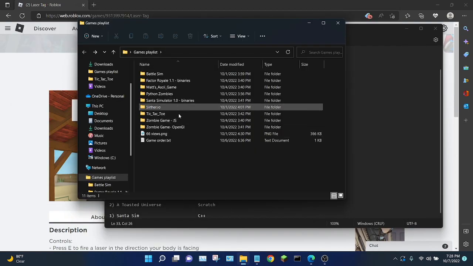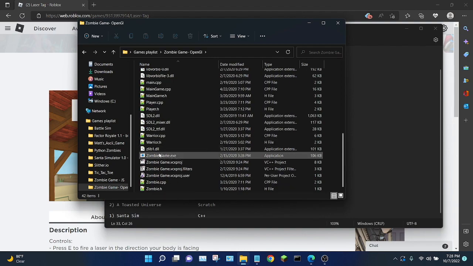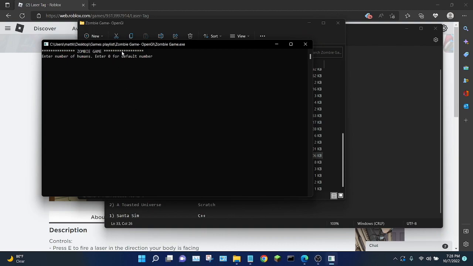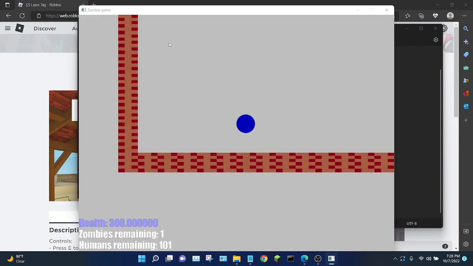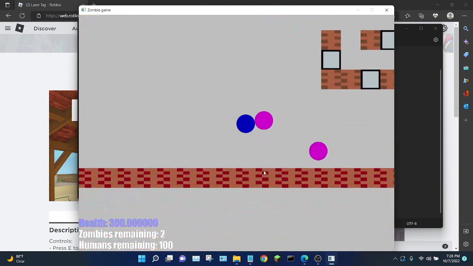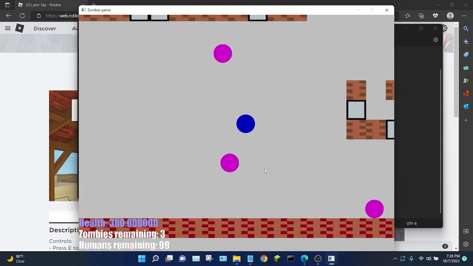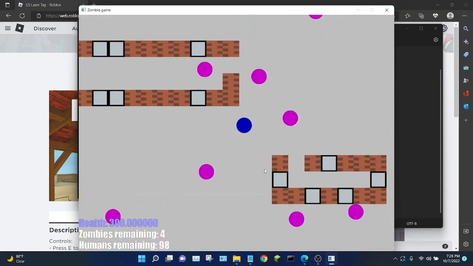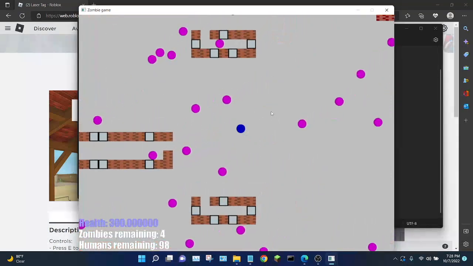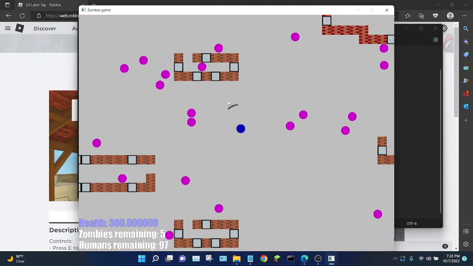By far the best C++ project I've made was the C++ zombie game, and the best of all the zombie games. This was coded with OpenGL graphics, though even though it's pretty high on this list, unfortunately I followed a tutorial for this, so it wasn't really an original idea. I'm going to enter 100 humans to start, 0 warriors, and you play once again as a dot. There's really nice physics, nice collision with the other humans in this game, which is something I don't really code in my other projects.